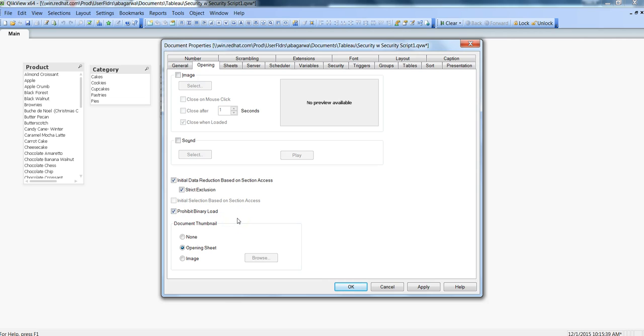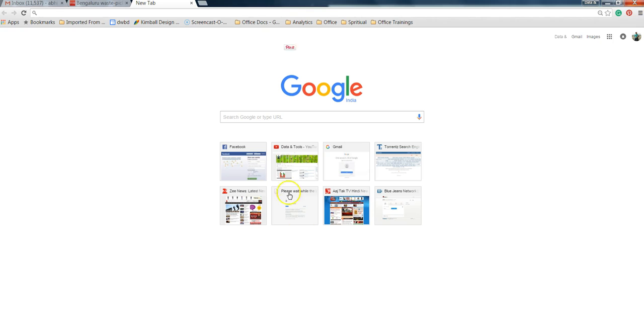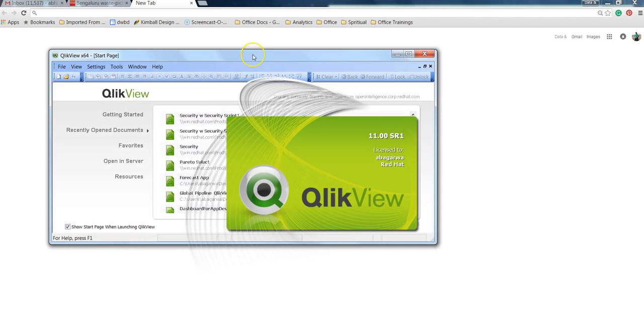If you are aware of binary load, it means this application can be used as a data source for another application, but due to security, we want to prohibit that. So for that, let's click OK and save this, and let's close this. After that, I will open my application again